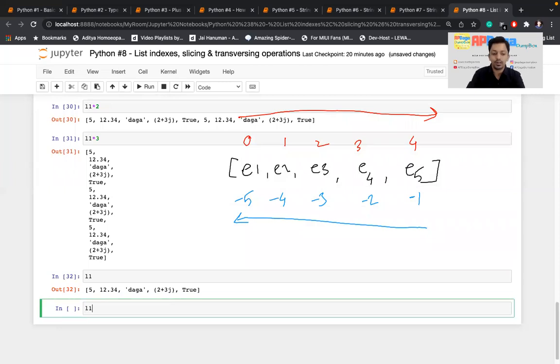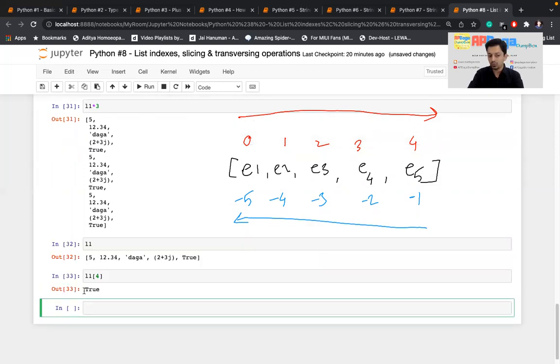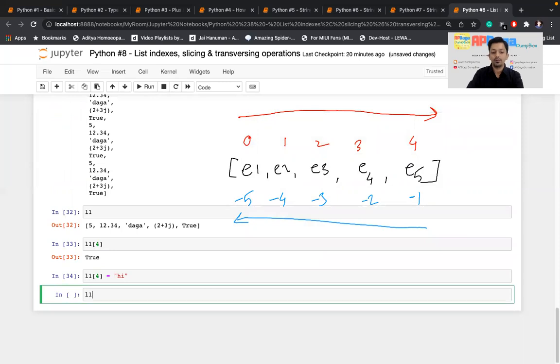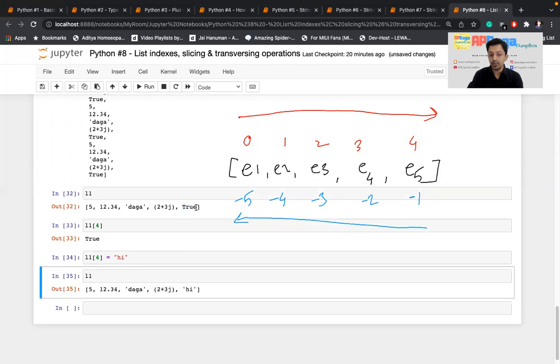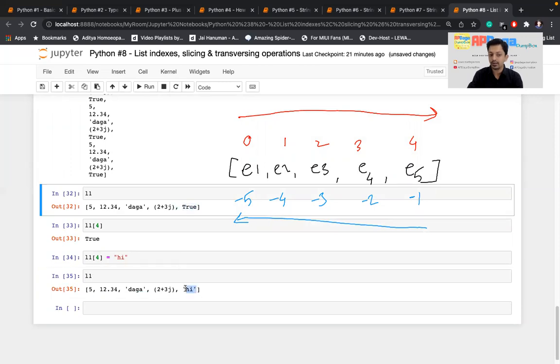If I want to replace L1 of, I'll say 0, 1, 2, 3, and 4, so L1 of 4, that is True. If I want, I can change L1 of 4 to some string. So I'll write hi. And if I print L1, see, now this True is replaced by hi. This True is a Boolean data type and this hi is a string data type.